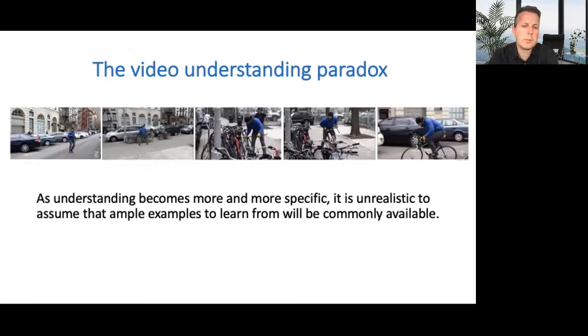Now, how do you go about recognizing a bike thief? Of course, one could label hundreds of examples, but the problem is that bike thieves don't want to be caught, right? So they prefer not to be caught also on camera. So it will not be easy to find hundreds of examples of a bike thief in all kinds of videos that you like. Not to mention providing box annotations around the object of interest, or even pixel annotations to further